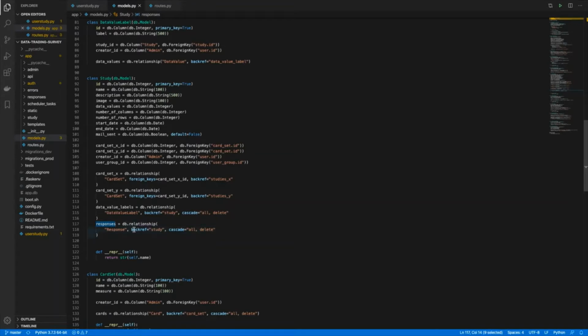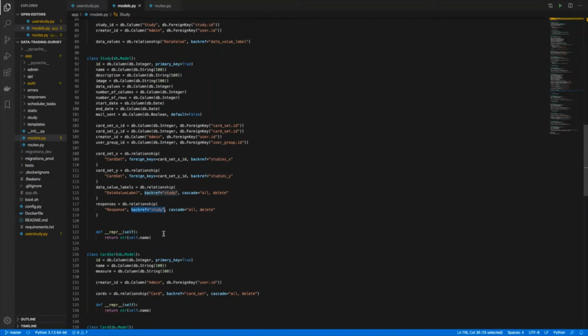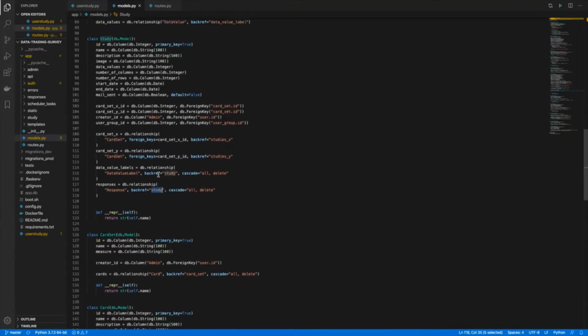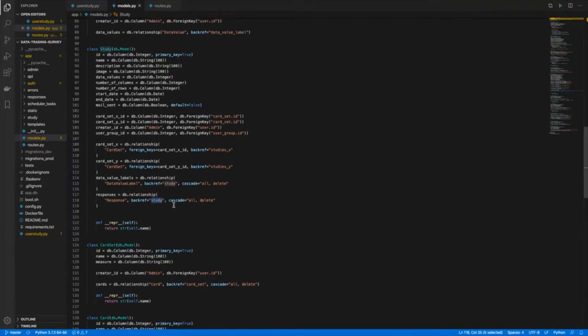And you can also specify this backref parameter, which creates a similar kind of column when the tuple is converted into an object within the code from the database. So it's handy for trying to find the reverse of the relationship.